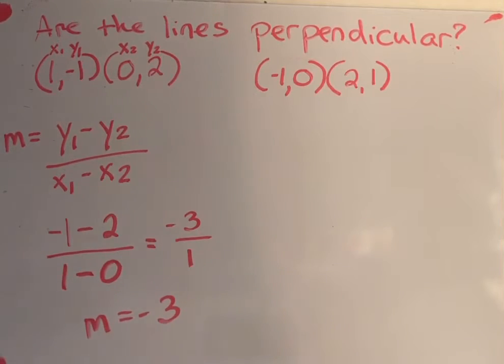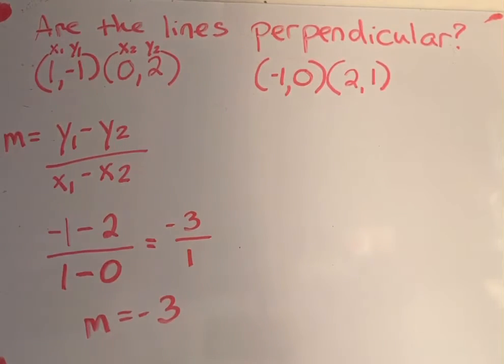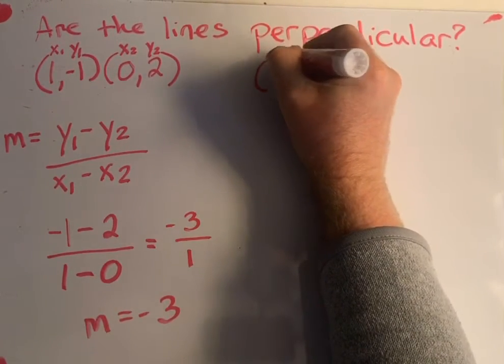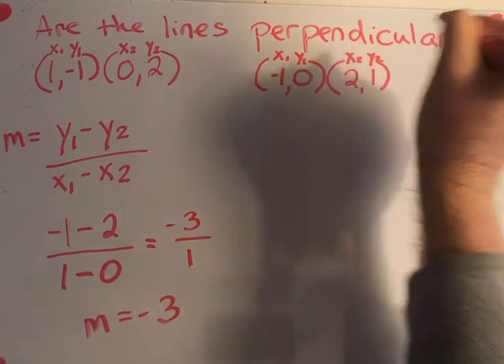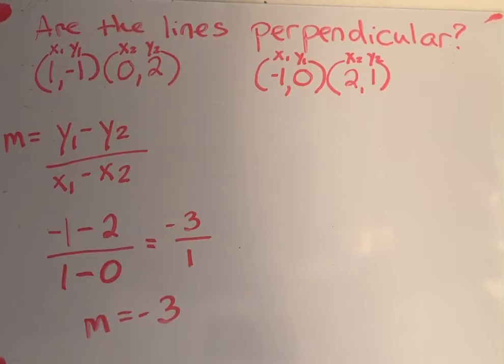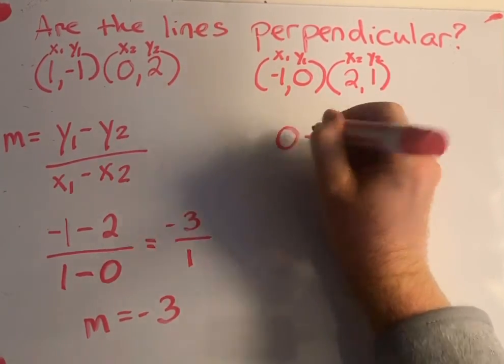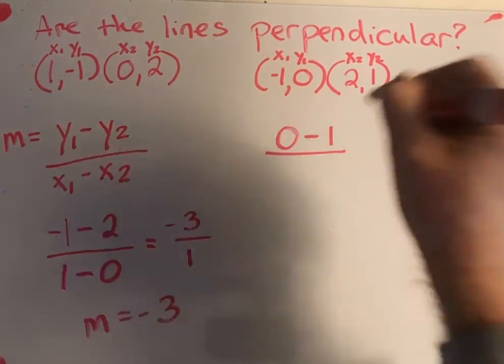Okay? So I'm going to come over here and do the same thing over here. I have my slope is y1 minus y2 over x1 minus x2. So I'm going to label these ones here. I got x1 and y1. I got x2 and y2. So I'm going to plug these into the same equation here. So y1 is 0, minus y2 is 1, over